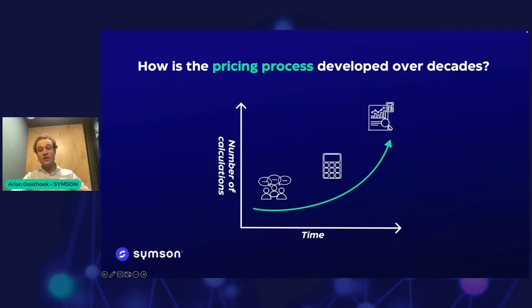And you see over the decades, we got more tools to develop the pricing process, but also technology enables us to make more calculations. After a couple of years, we had the rise of the calculator and of the computer. In the past 2 decades, we saw a lot of software tooling. And nowadays, we are in the phase of AI, machine learning, predictive models. These are tools which can help you decide what could be a good price, what is a recommendation based upon all the data we collected in the past.